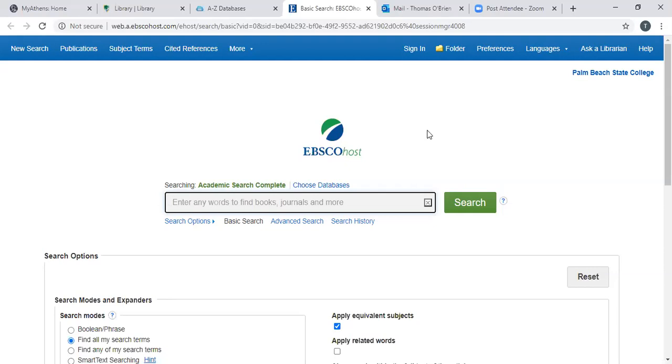So I'm going to pick a topic here, and I realize it has nothing to do with the SLS 1501 class, but I just want to show you what you can do with the databases. I have a pre-picked topic, and it is going to be employee theft. So I'm going to type in employee theft